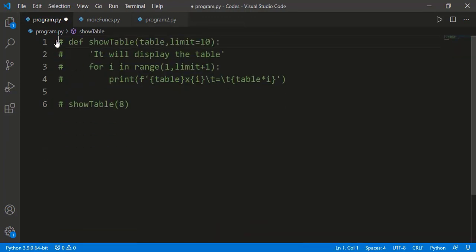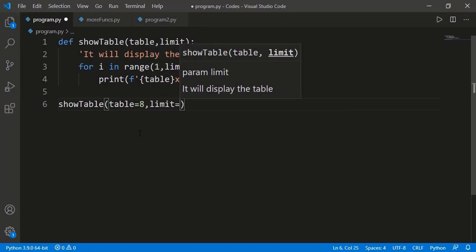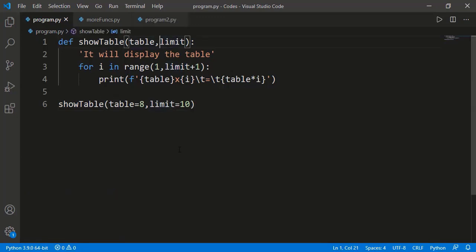Now let's see the next property we can set for the input argument. For that I am removing this default value of the limit argument to focus on the thing we will be discussing now. We have two input arguments now and we can pass those by position or by name, also known as keyword argument. But now I am writing this forward slash apparently as another input argument, but this is not an input argument. The function still has two input arguments, table and limit.